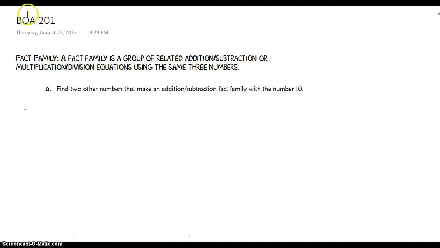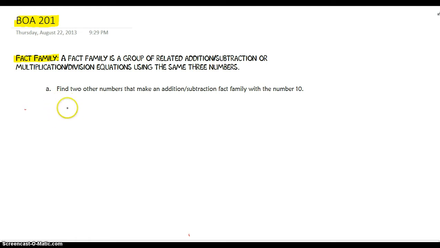Okay, this lesson is for BOA 201. We're first going to start talking about fact families. A fact family is a group of related addition or subtraction or multiplication and division equations using the same three numbers. So at first this question asks, find two other numbers that make an addition or subtraction fact family with